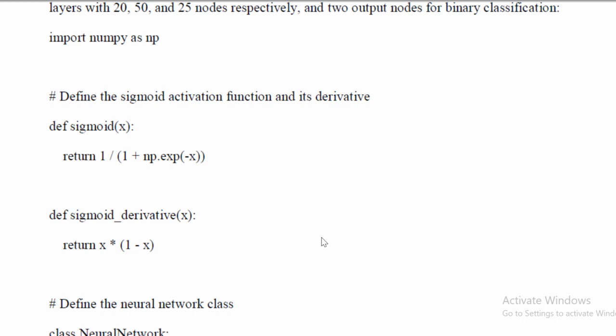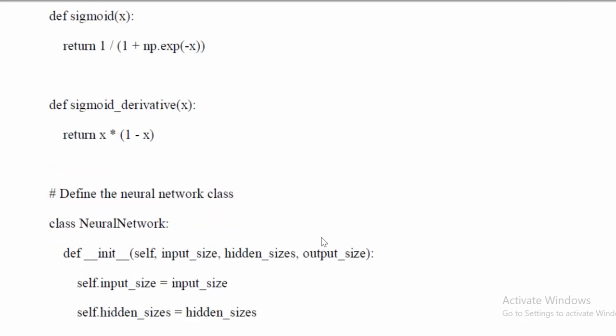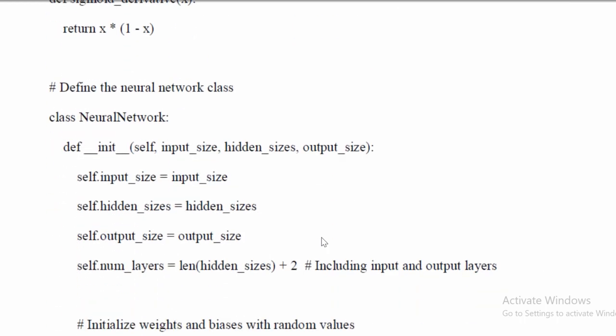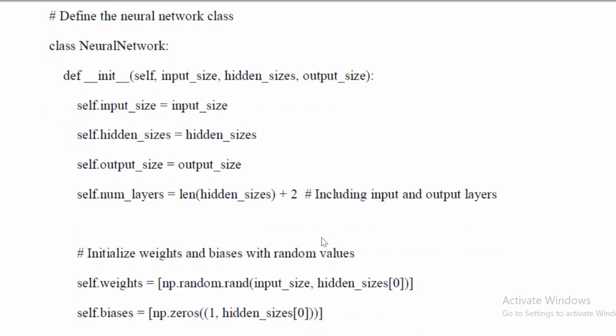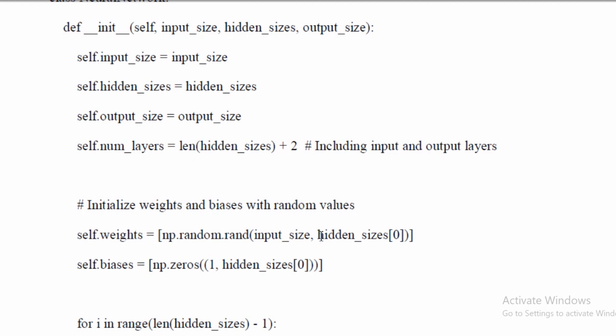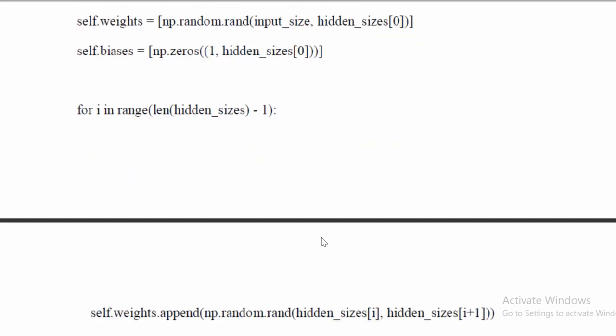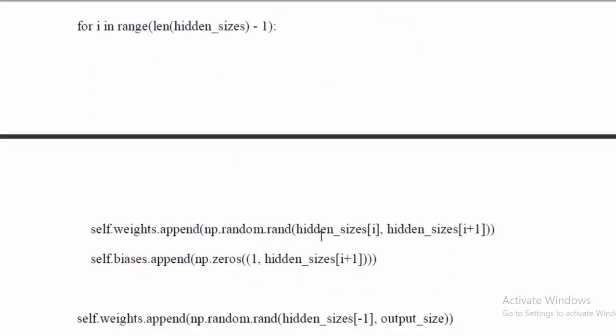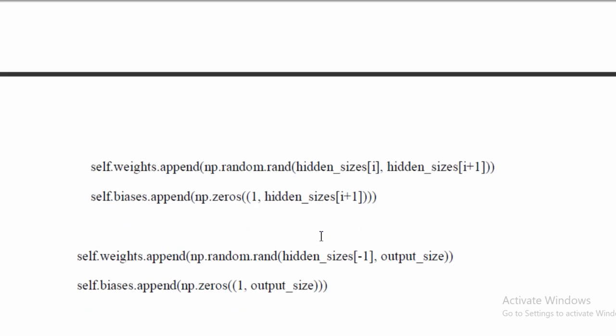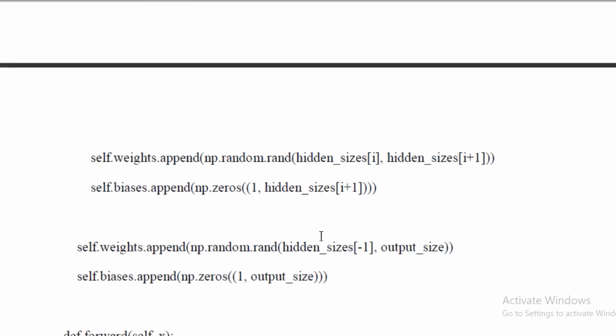I first define the activation function, sigmoid and sigmoid derivative, and now I'm defining my class of neural network. Same thing that you have seen, I am defining the hidden sizes and initializing the weights and biases. As usual, weights will be all random, biases will be zeros first. Now within the range of all my hidden layers, again I update its weights. I initialize the weights to be random, and I initialize all its biases to be zeros